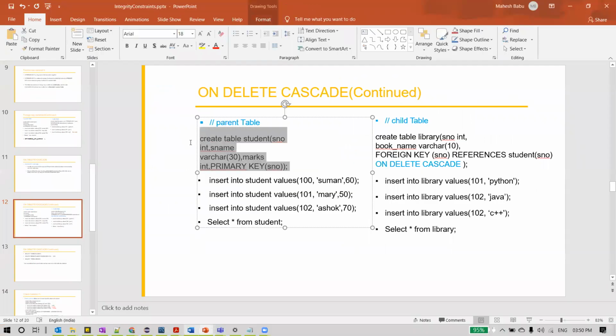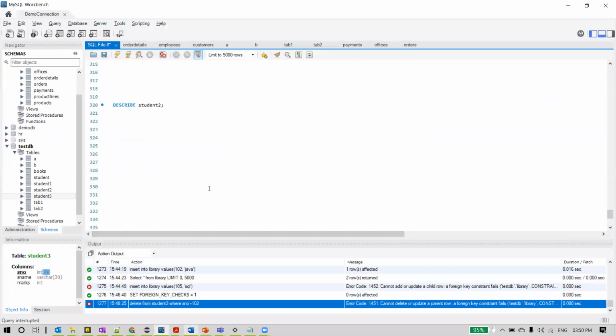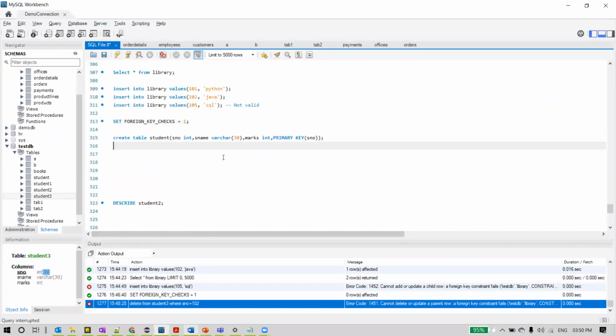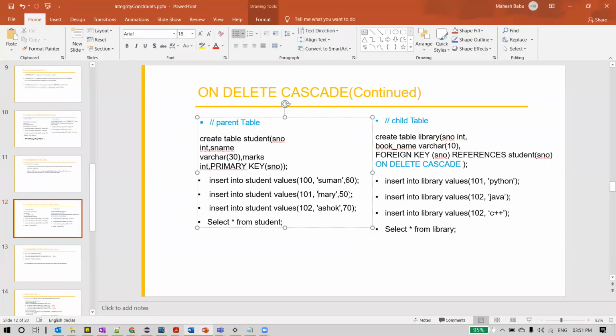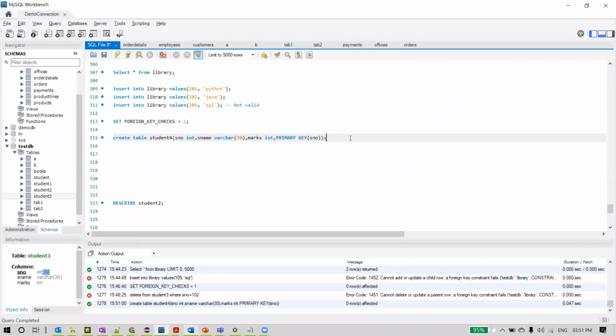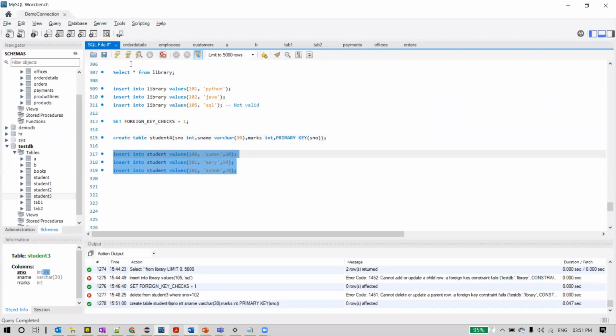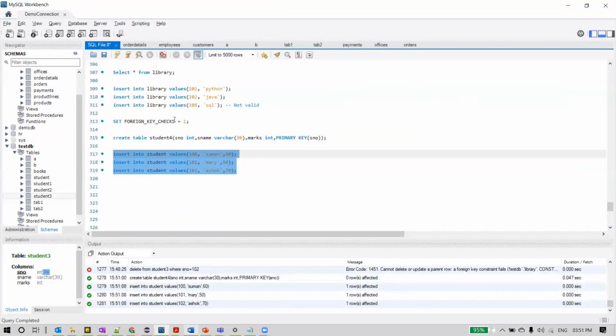So now let us create the parent table again. This is the parent table and it is student 4. Let me name it as student 4. The same table again, and I want to insert some rows into it. I inserted 3 rows into it.